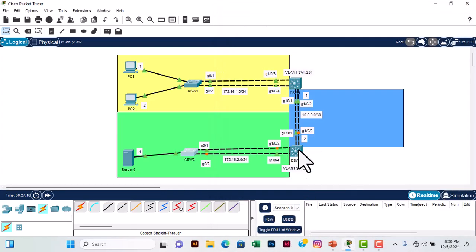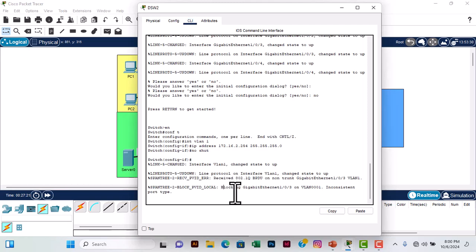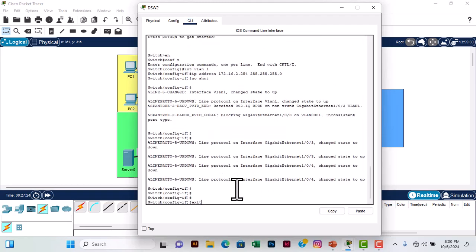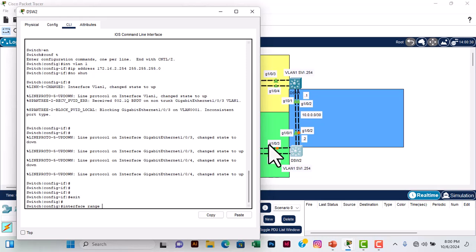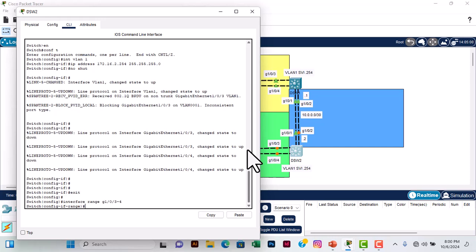Alright, let's go to the distribution switch 2. Exit, interface range. So the interface we have G1/0/3 to 4. Channel group 1 mode. So we can put desirable or auto. Okay, so desirable,